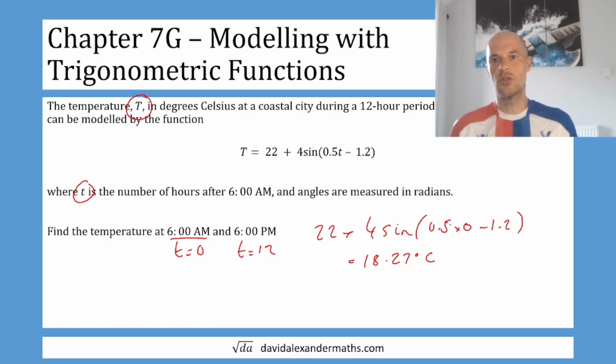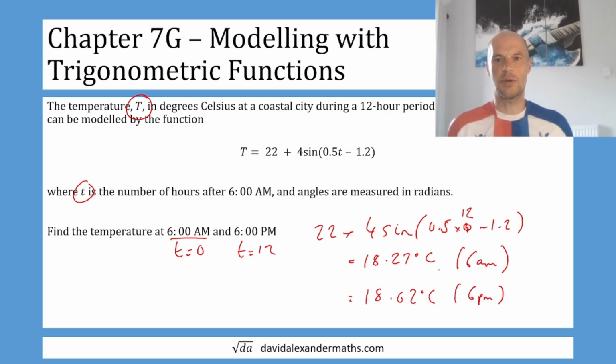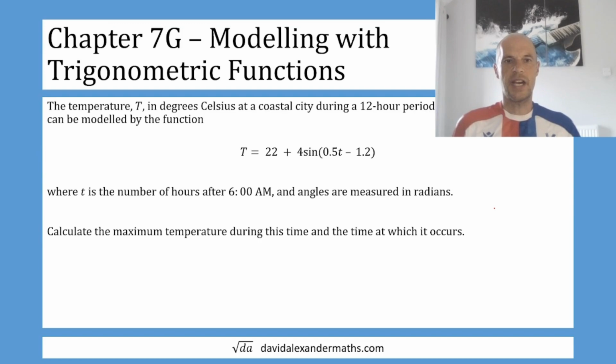Instead of doing 0.5 times 0, it's going to be 0.5 times 12, or just 6, take away 1.2, and then we are getting 18.02 degrees C at 6 p.m. Normally these sort of questions I would have expected a slightly more substantial difference between those two answers, but there we go. Okay, so for this part of the question we need to calculate the maximum temperature and the time